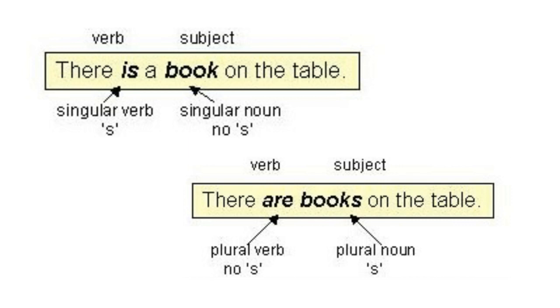The next one. There is a book on the table. A book. The noun is singular. What's the subject here? Book. Book is singular. That's why I used the verb is. Look at the next one. There are books on the table. Books is plural. That's why we used the verb are.